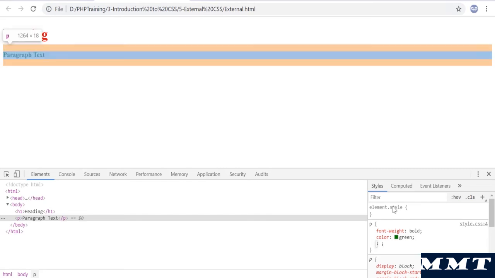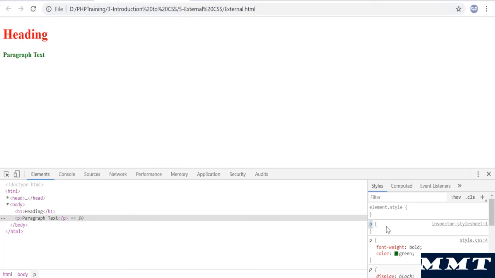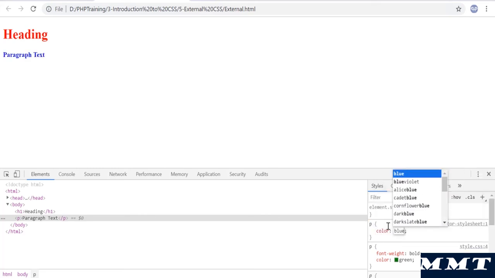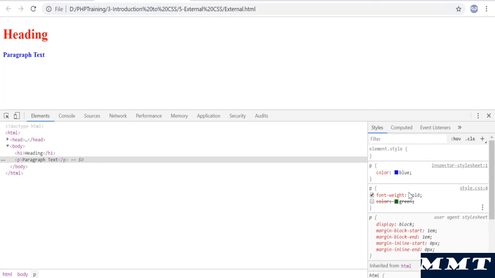Okay, you can even add new elements. If you want to add new elements, you can even do that. Right, you can say P color is blue, and I don't want to have this rule, I will just unmark it. Okay, you see it went back to blue. Okay, so you are playing around by writing CSS on the fly. Okay, this is how we do it. We don't write in CSS because it's hard to debug from there. You have to refresh the page only to see an output, but this is the way you have to debug your CSS, and this is the fastest approach to edit the CSS files.